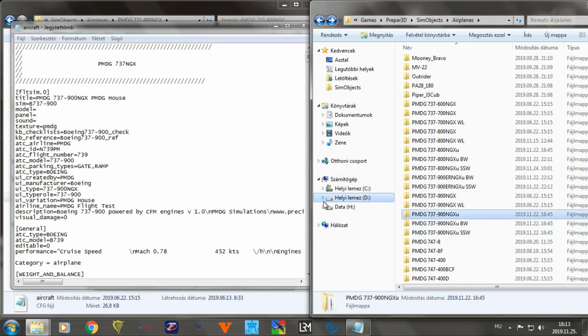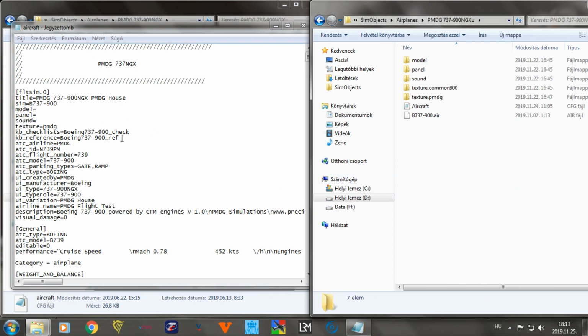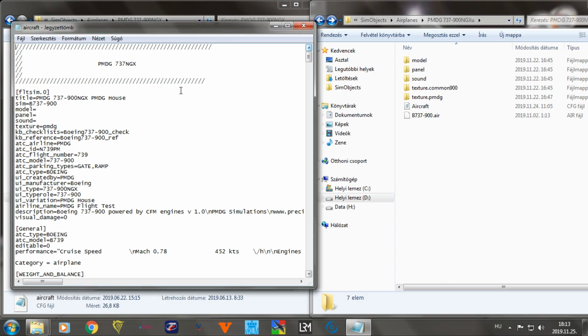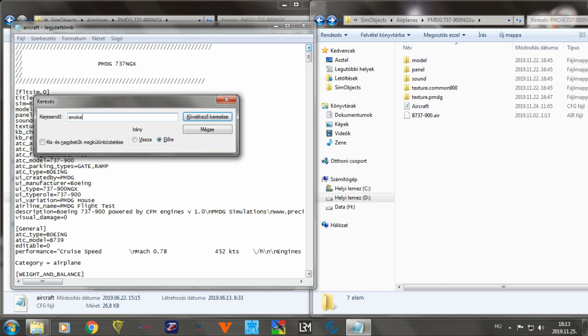So you have to do it 6 times. So you open up the 900 NGX 900 NGX on the left side, search for smoke system,